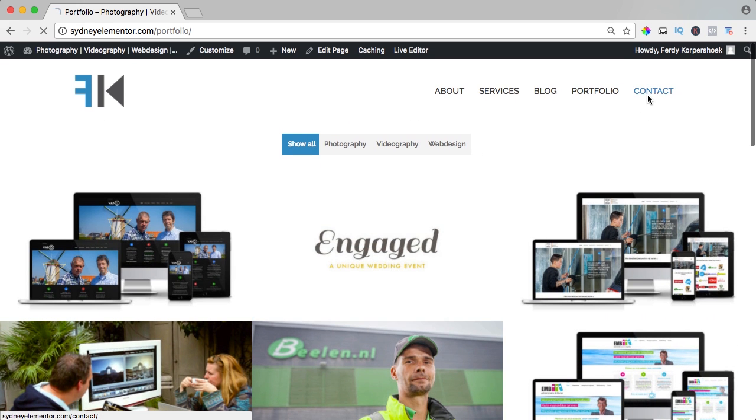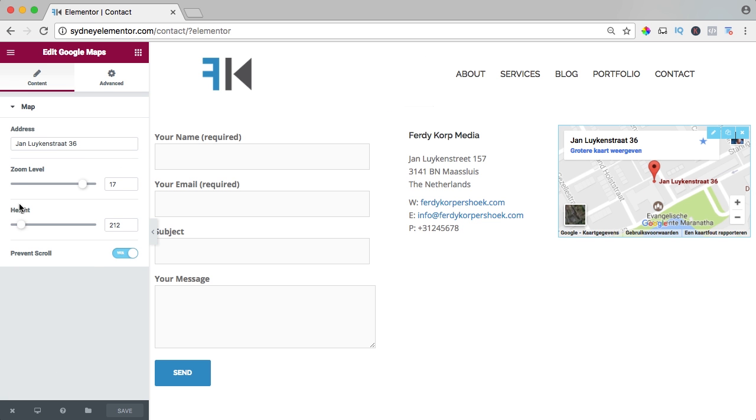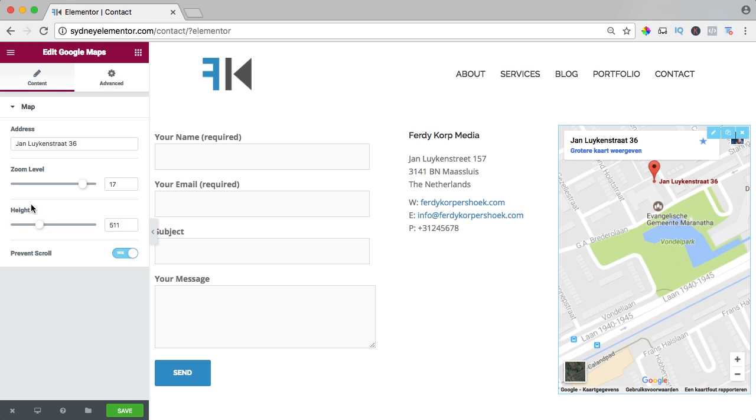And if I go to the contact page, I will show you how to create a simple form, some information about your company, and where you are on the map. If I want to change this, I can do it really easily. I click on Edit with Elementor. I click over here, and maybe I want to change the size. So here I go to height, the same height as the form, and then I can go to all the